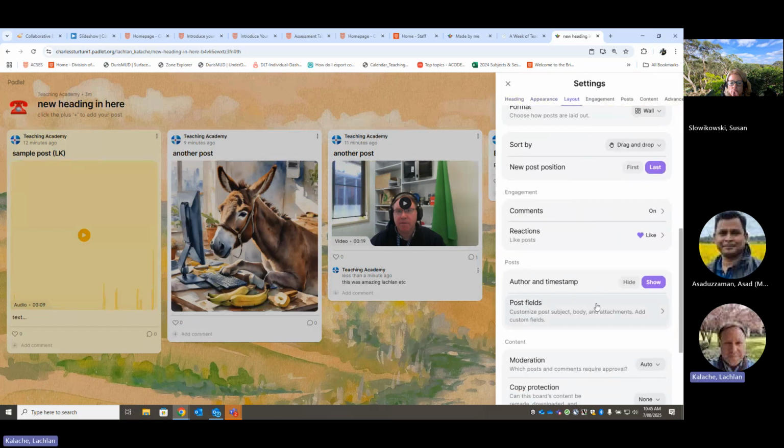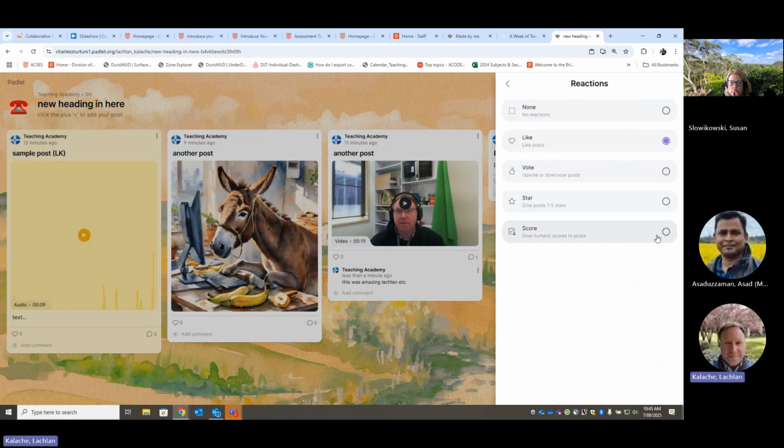What else have we got in here? Reactions. Padlet by default will have several reactions that people can put against the posts, either none or liking. There's also a voting option, upvoting and downvoting. There's stars. You can also give scores. It's not connected to any other system, so before anyone says, can we make this accessible? We cannot. It's not connected to